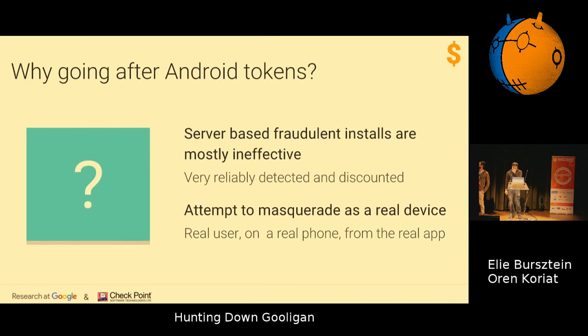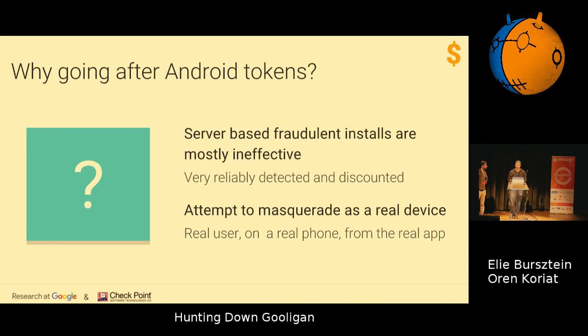One of the things which took us a long time to figure out, even after the takedown was done, was to understand why on earth they would need to exfiltrate the tokens. One thing that didn't make sense at the beginning was that you have to do the fraud from the device. So why would you go to the point of exfiltrating the token out of the phone and put it into the cloud? That was the reason why we kept investigating until we had some sort of satisfying answer. After looking at and understanding better how it worked, we figured out that it's probably because the token gives them a way to emulate the device.